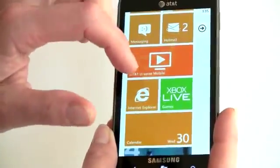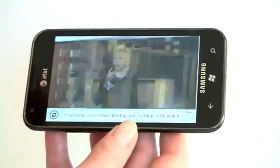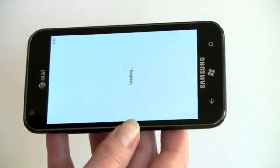So let's take a look at the web browser. We've got IE9 Mobile here. And right now we're on the mobile YouTube site, so you can see Ellen making fun of Siri using the